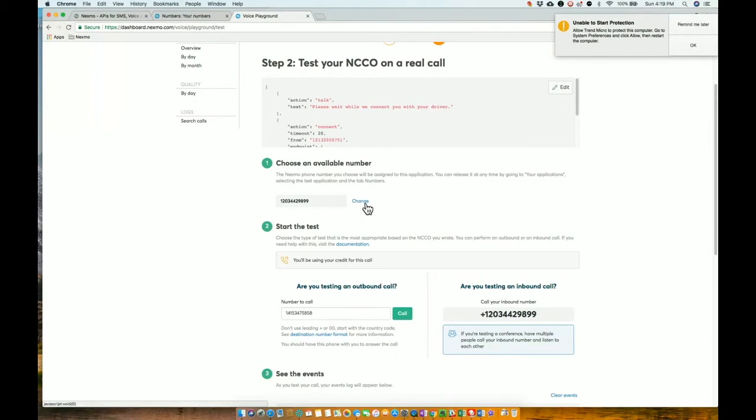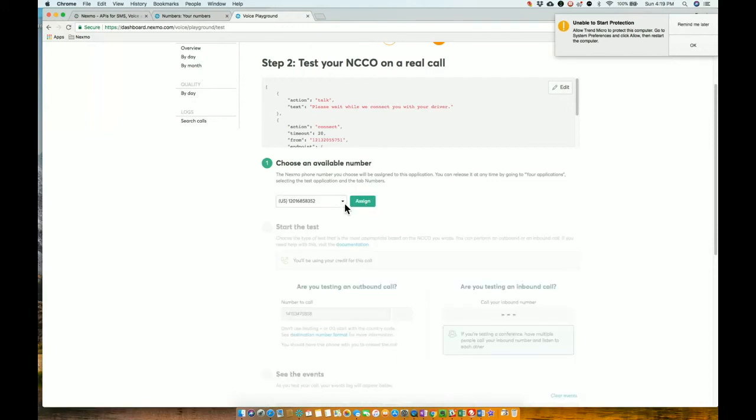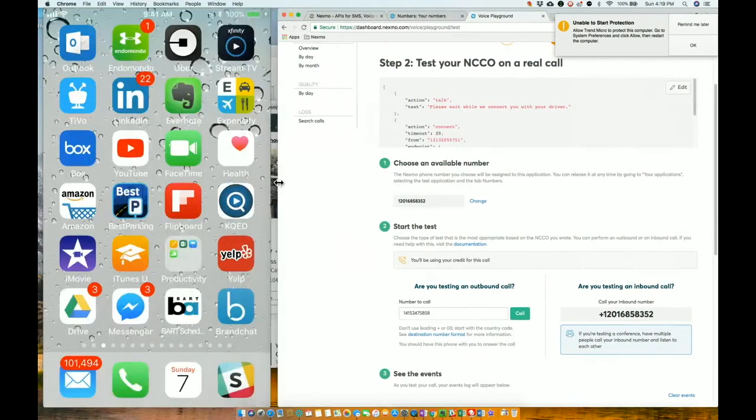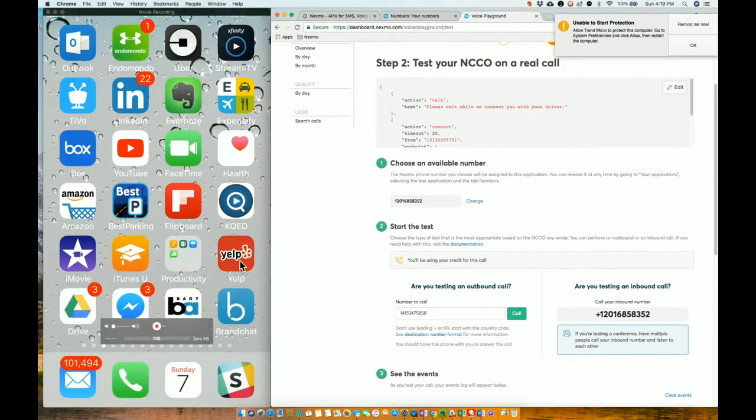And one of them is already assigned here. I can select the other number that I just purchased. So I'm going to assign that number. And now, if anyone dials that number, it is going to connect privately to the driver without sharing your private phone number. So I'm going to share my screen here for my phone so you can see what's going on. I'm going to take another phone and I'm going to dial that number